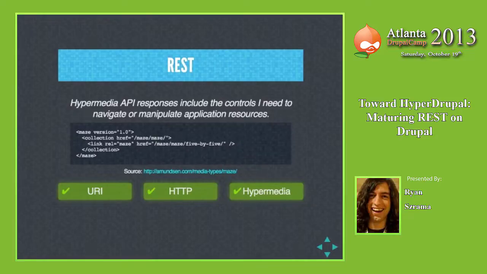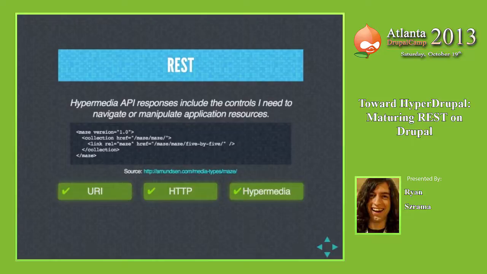It specifies in the media type that if you have a rel link of type maze, you can send a GET request to that URL, to that href, and get back a maze of the size that you're specifying there. So if you have a client that's programmed to understand this media type, then regardless of who's serving up this information, your client would know how to use this API to display a maze and then let you as the user actually click around and navigate through the maze. So questions, that's spawning questions, good.